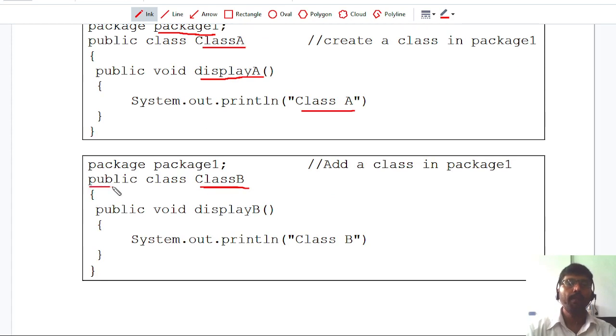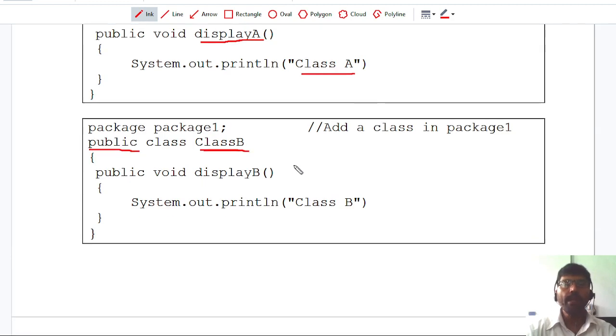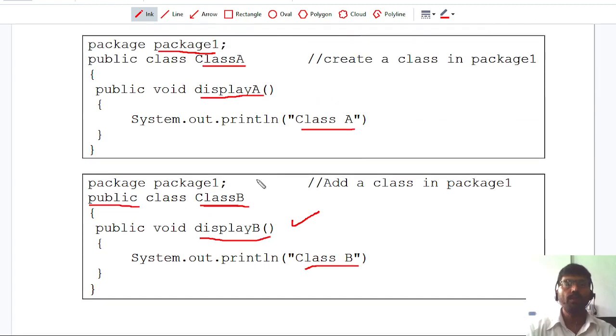Then I write the public visibility for the class B. Then I define the methods for class B. For example, I have written one method called displayB, which will display a message, class B. Now I have created two classes, class A and class B.